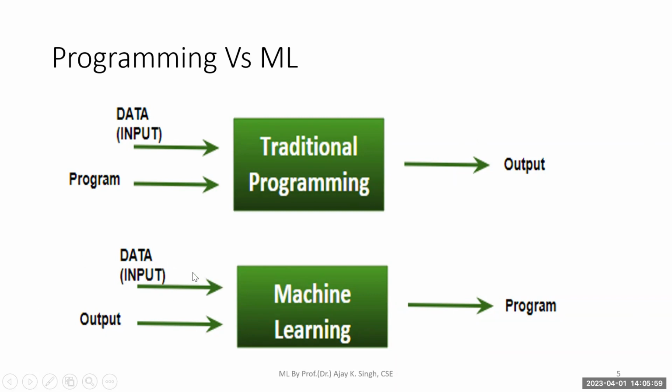As for example, I'm going to give the image of a cat and the image of a rat. In that case, cat and rat are acting as the input. And what is the output? The output is a cat or a rat. Either the image is going to be a cat or the image is going to be a rat. So in machine learning, we are giving output also. This is different from the traditional way of doing the work. In machine learning, we are giving input as well as output, and then we are going to go for some programming. Okay.